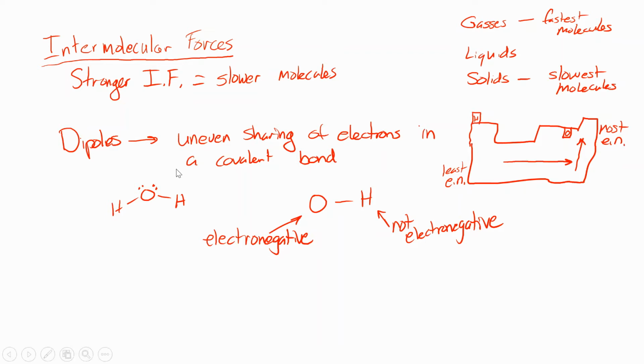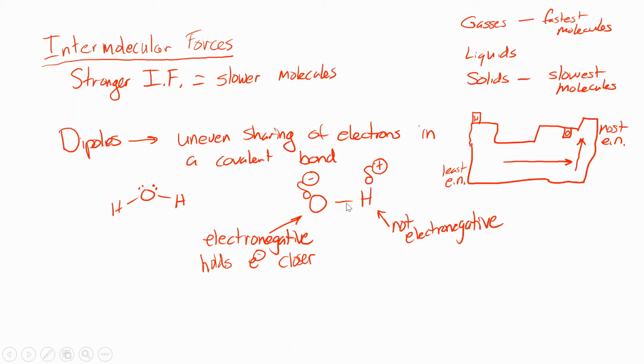And so when oxygen and hydrogen are connected in a covalent bond, those two electrons are not halfway in between the oxygen and the hydrogen. They're being pulled towards the oxygen. And now electrons have negative charge, and so that has a consequence. The oxygen becomes partially negative, right? We use this lowercase delta with a negative charge to show a partial charge. So we have partial negative on the oxygen,